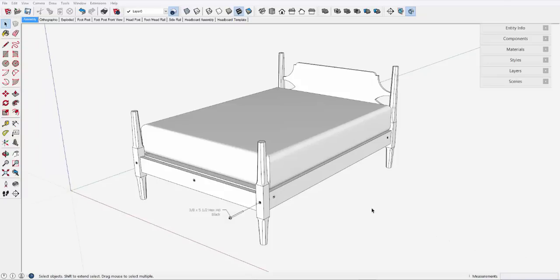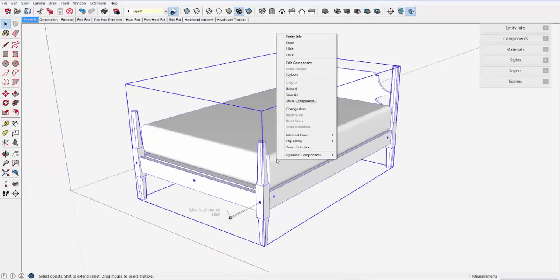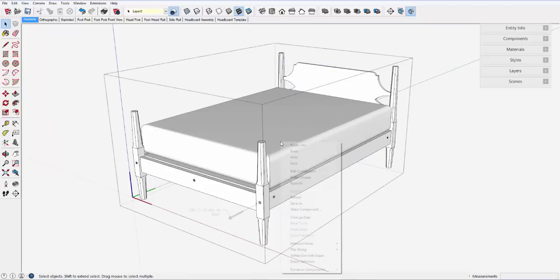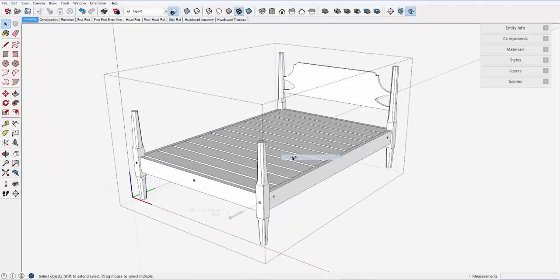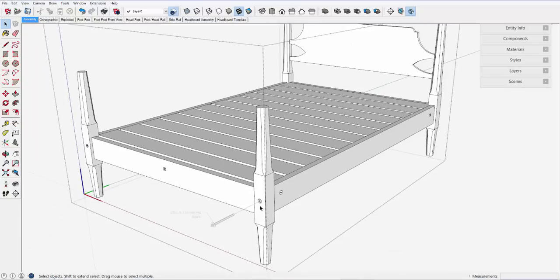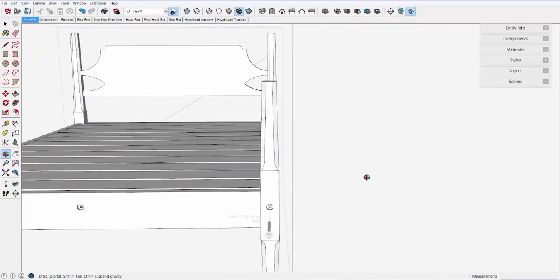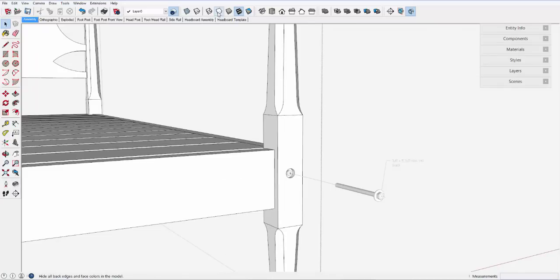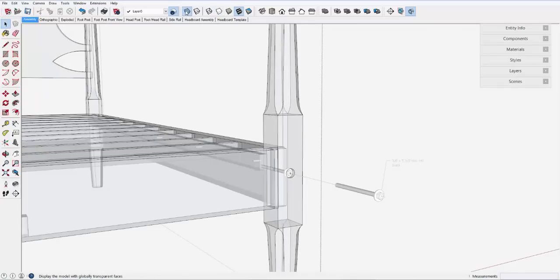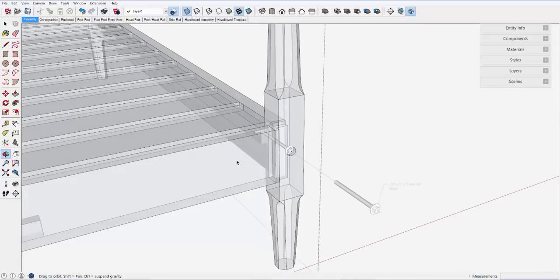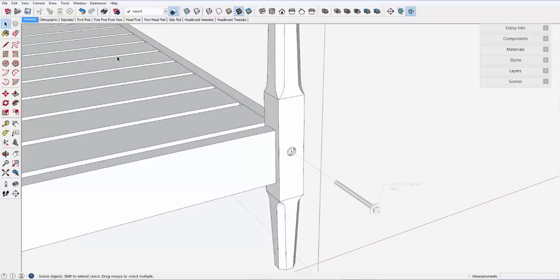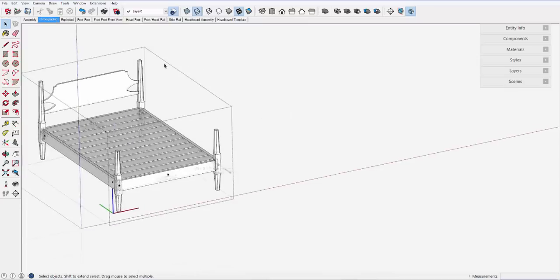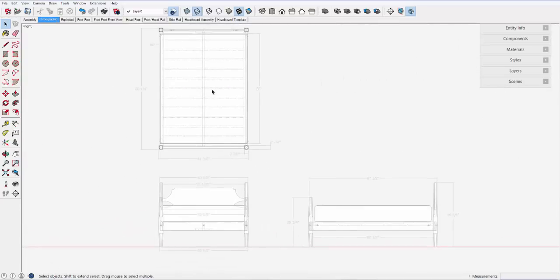In continuing the discussion on dimensions, I show in this video my standard methods and procedure. And I should point out that the dimensioning features I show are all available in the free or make version of SketchUp. I like to mix up the dimension views, some in perspective, others in orthographic, and also in very close detail. Here is a queen-size bed I've shown in a previous blog entry that I will use for my